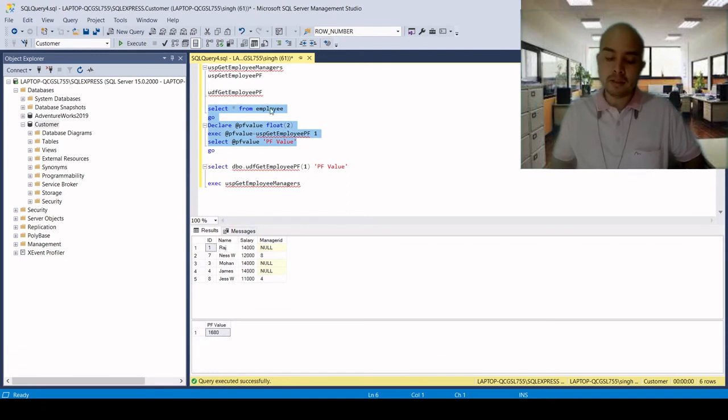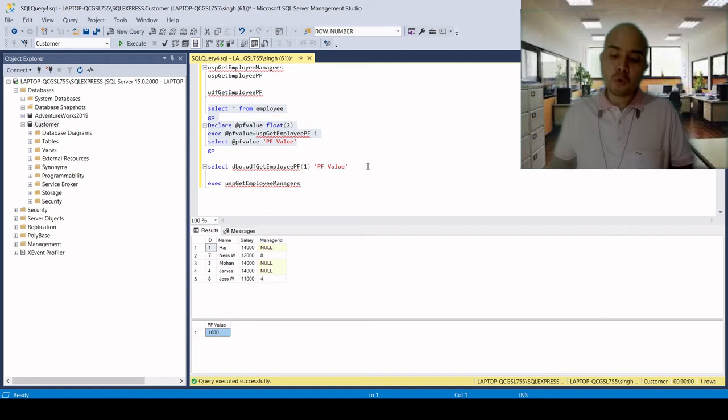Here we have written select star from employee, which shows all the records that exist in the table, and next we have declared a PF value, and we are executing usp_GetEmployeePF by passing one value. One means ID 1, so the salary would be 14,000, and we need to calculate the PF of that employee. PF of that employee at 12% is 1680.